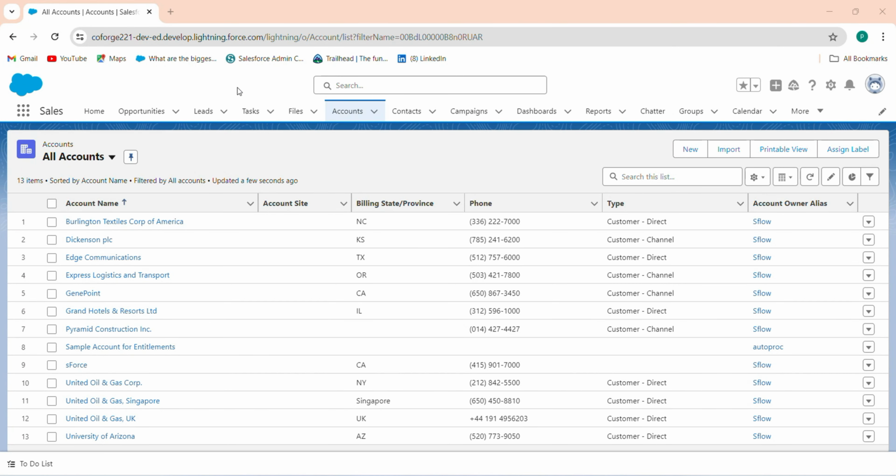Hi guys, welcome back. So today in this lecture we will discuss how to set up a lookup relationship in a screen flow. So firstly, go to setup